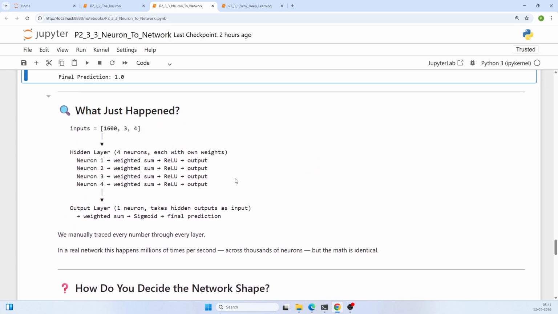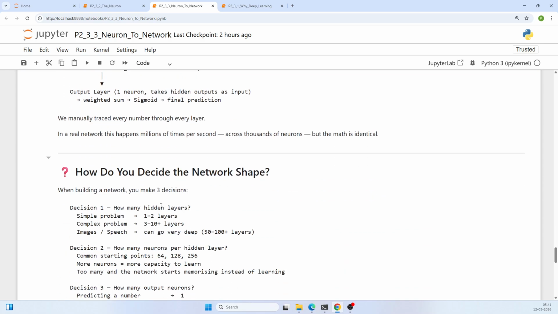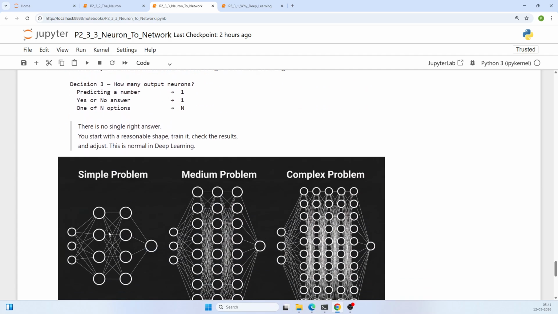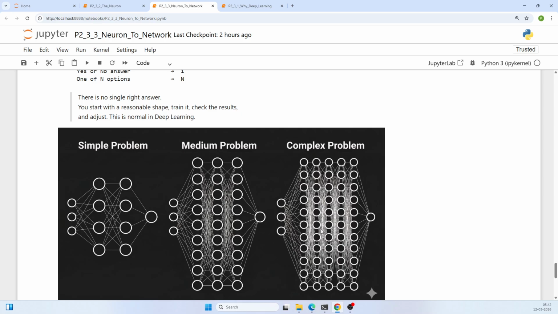Okay. So next, what just happened? We discussed all these things. So next is the network shape. As you can see, if it's a simple problem, we can have two layers and each layer has four neurons, with an input layer and an output layer. If it is a medium problem, you can have more layers. I have put three layers and added more neurons, so more analysis of the data will happen. If it is a complex problem like images, audio, or video, you should have a lot of